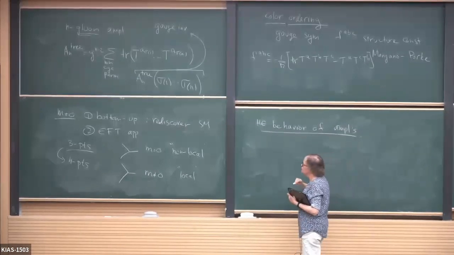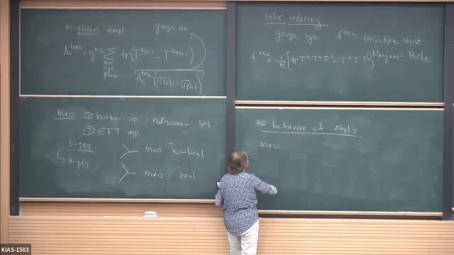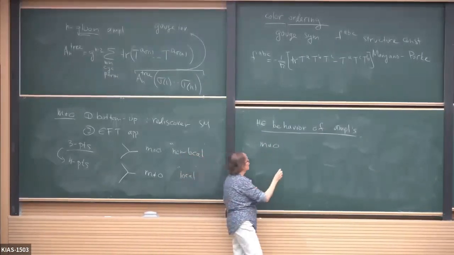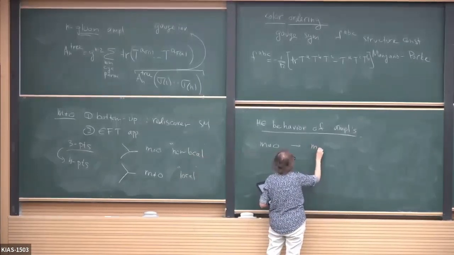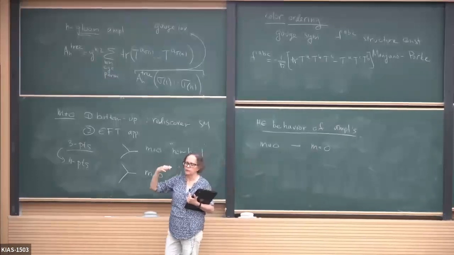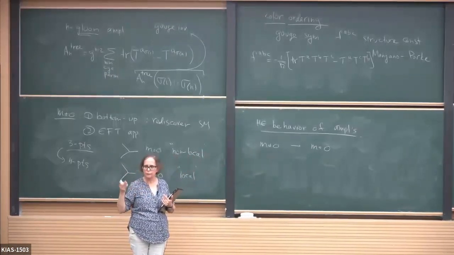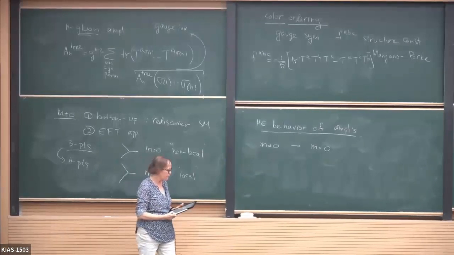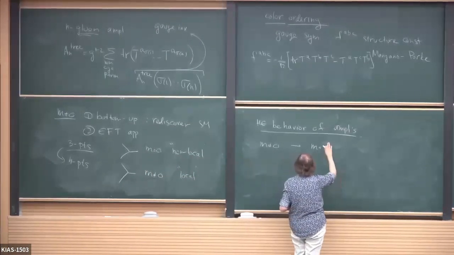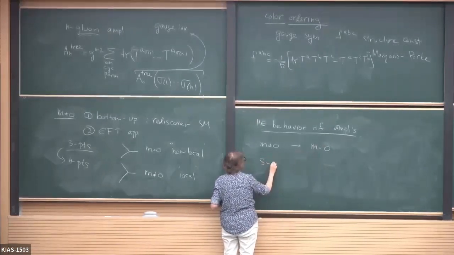And of course, when I'm talking about some massive amplitude, and I'm talking about the high energy limit of that, that's going to turn into some massless amplitude. It's the same thing whether you're taking the high energy limit or you're taking the massless limit, essentially, right? It's really the same. So one thing that we know about amplitudes at high energies is that the S matrix,